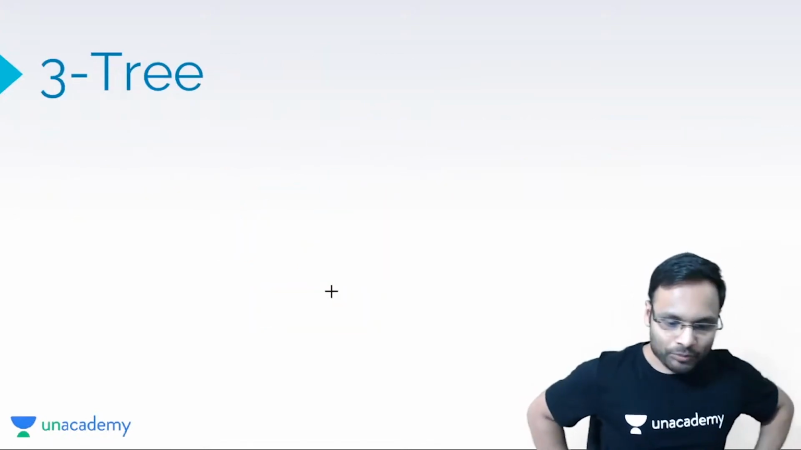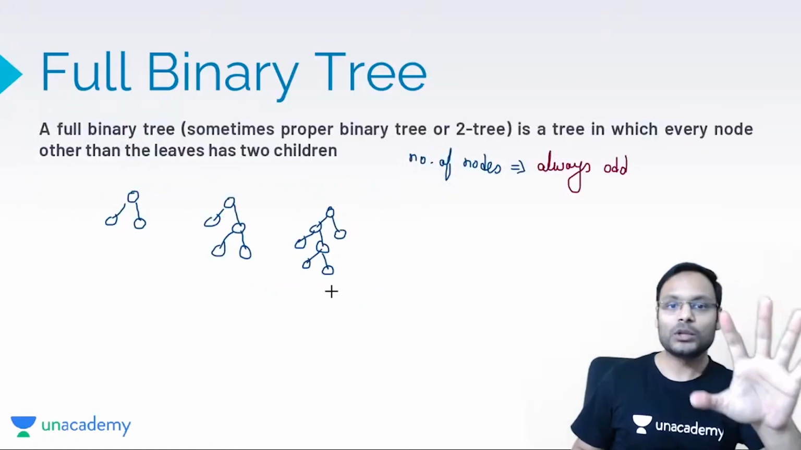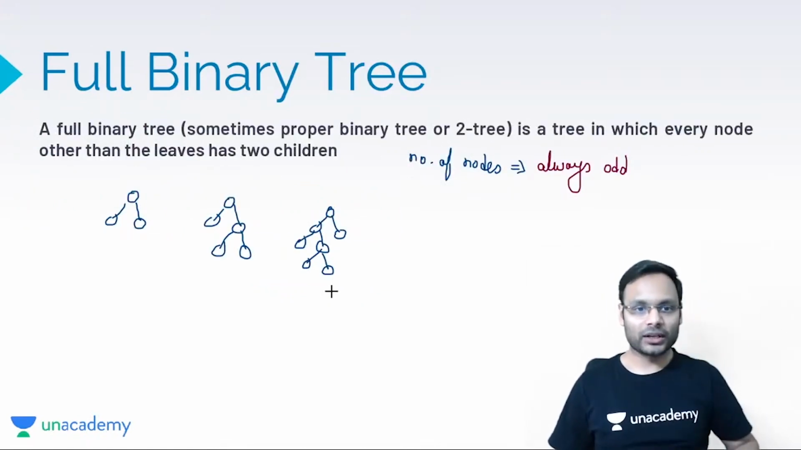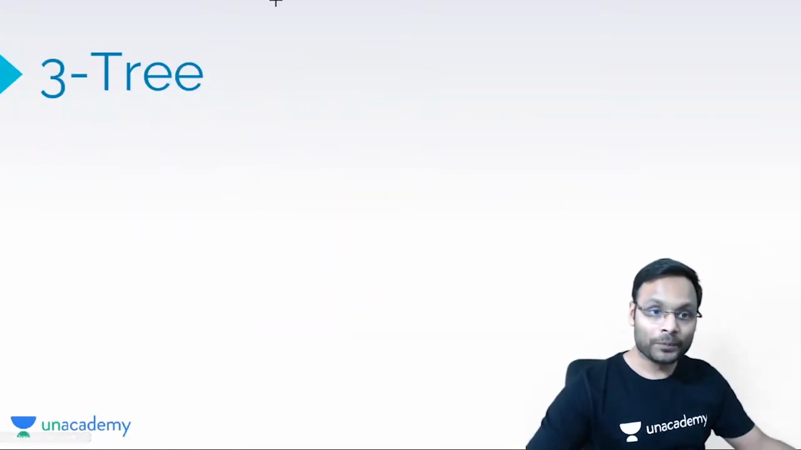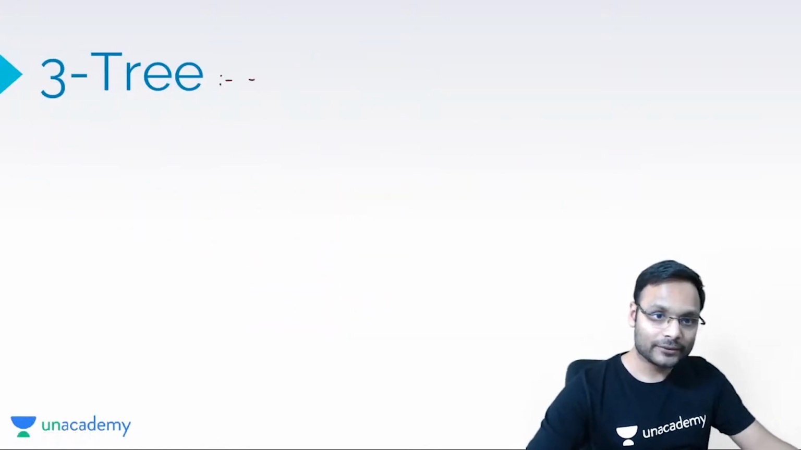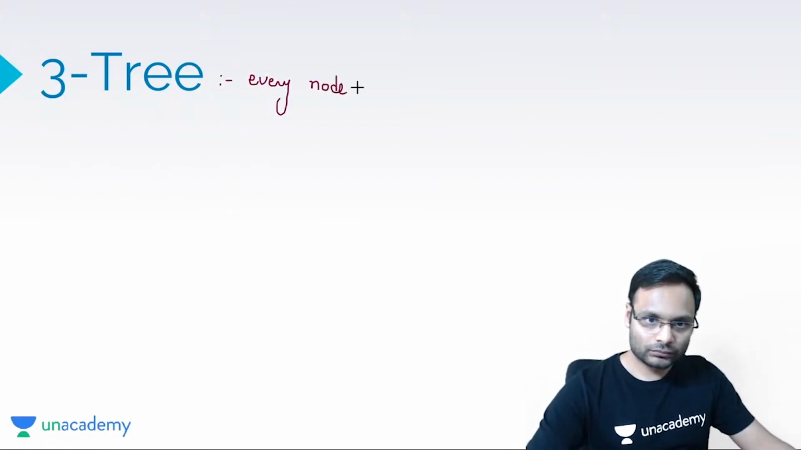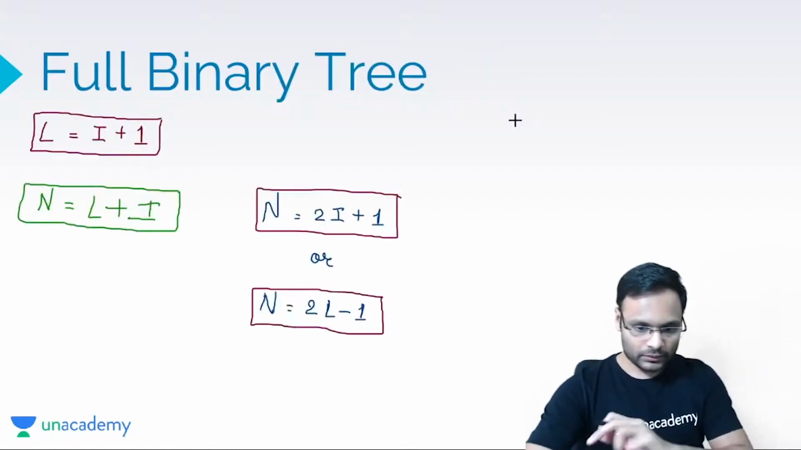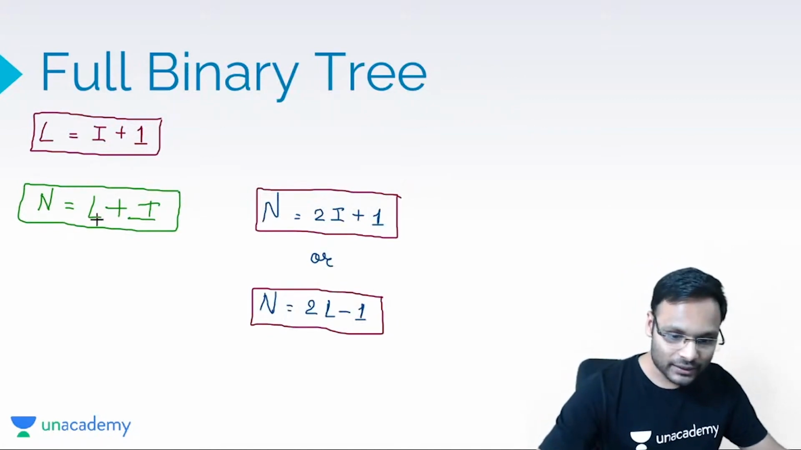Then, on a similar pattern, this was a 2-tree. A 2-tree means every node has either 0 children or 2 children. Similarly, we have a 3-tree. Every node has either 0 children or 3 children. In this particular case,